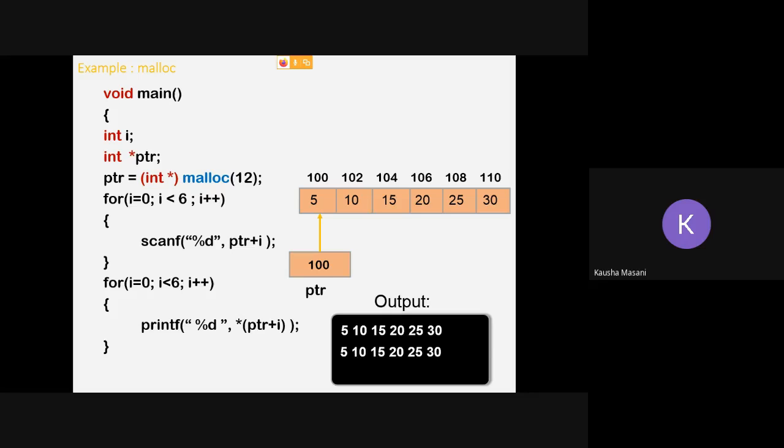Clear till here? The pointer part and the malloc part? Yes or no, students? Students, please answer.